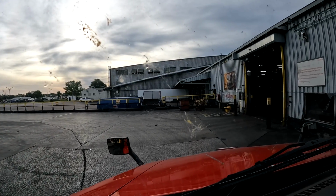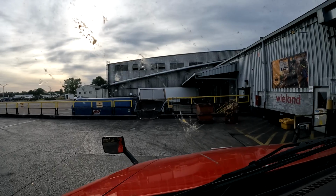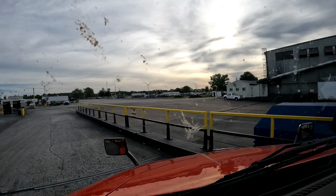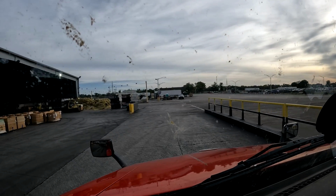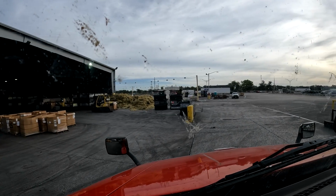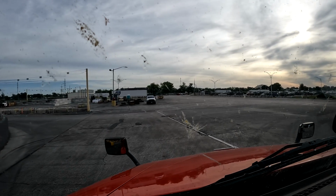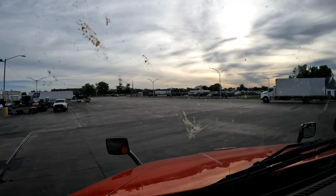Maybe you can see it, but as I make this left turn here, usually there's enough room where I can make a U-turn here and then back into the unload area, but they've got so much stuff over here. You may not be able to see it, but okay, see right there between that forklift and those pallets, that's where I've got to dump. And they've got other pallets over here to the left, so there's really not much room. So they told me just to come out here into the parking lot and turn around and then back into the unload area. So that's going to be a little different,